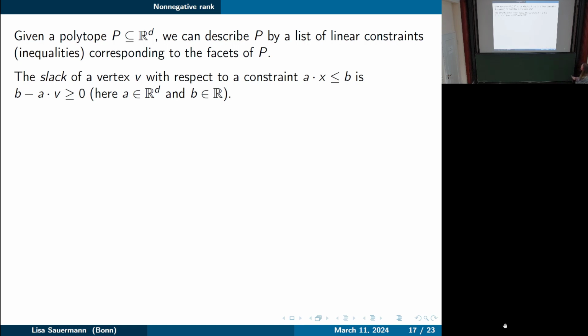Given a polytope P, we can describe P by a list of linear constraints, so linear inequalities, which correspond to the facets of P. So each of these constraints will have,